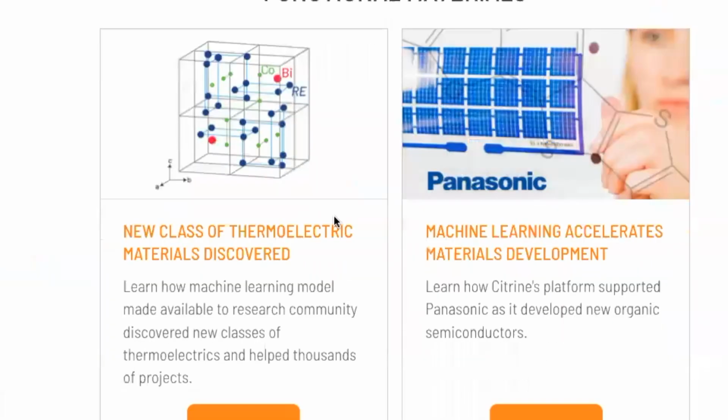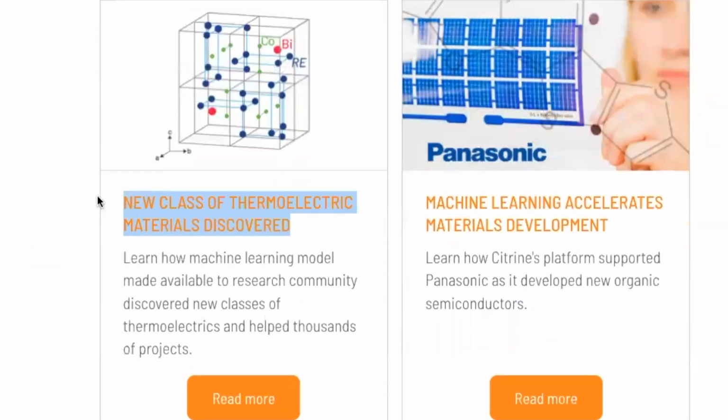So I figured I would find a case study on them so I could teach you guys a little bit about material science, and I'll also tell you about an innovative case study that they are as a company within the material industry. The case study that I decided to choose was going to be the new class of thermoelectric